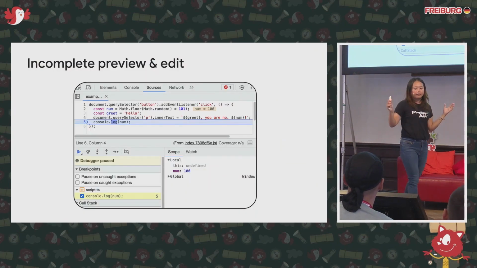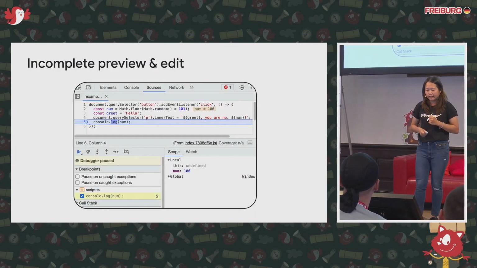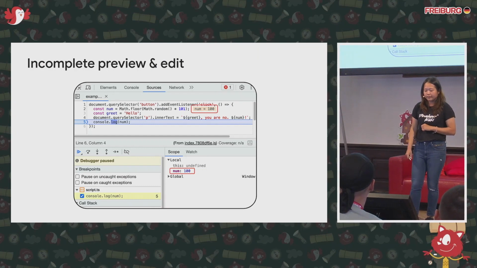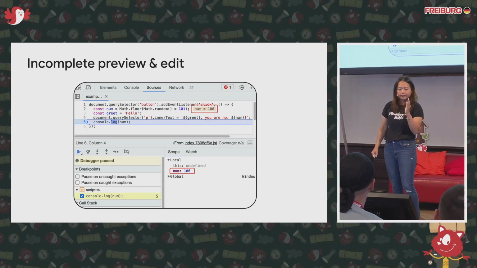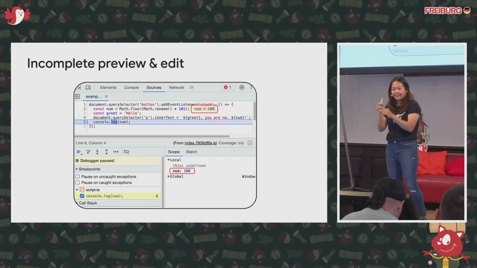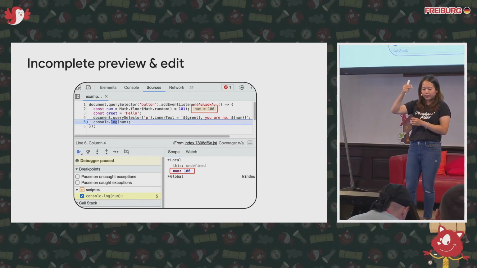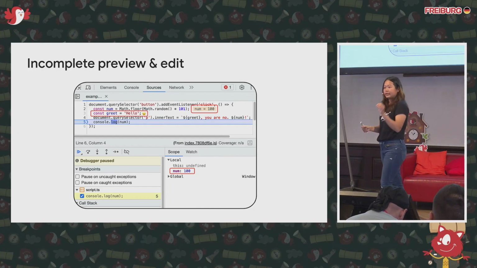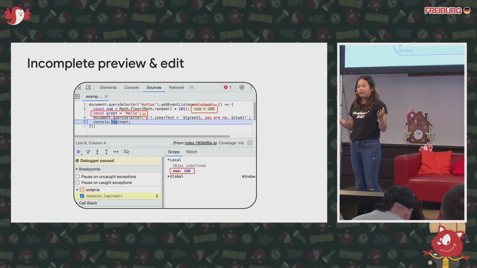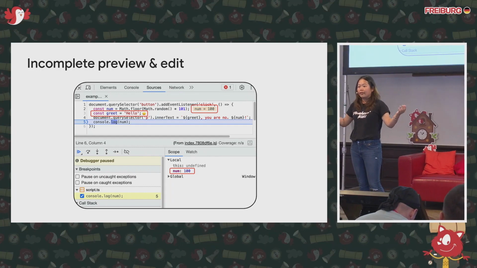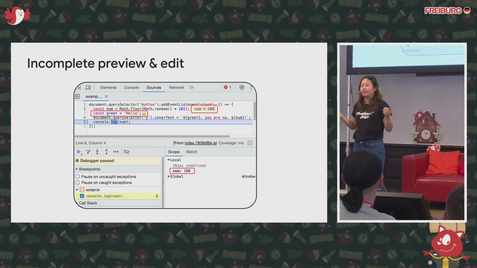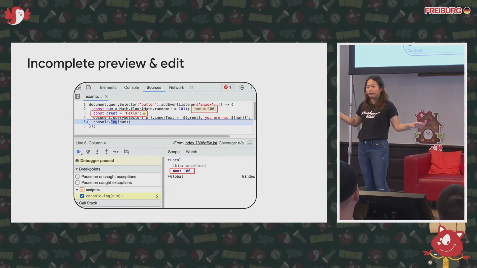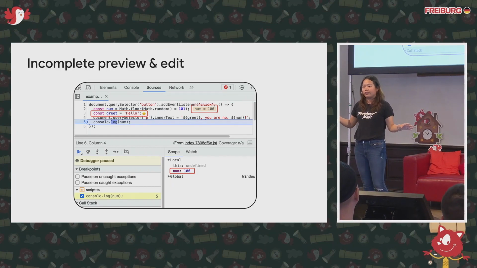So when you start debugging, set a breakpoint and start debugging, this is what happens. Because of the source map, DevTools can still understand that E is num. So we show you a preview of num equal to 100, but the greet variable is totally gone, because the build tool removed it, and the source map doesn't contain any information about anything that got removed from the final code.